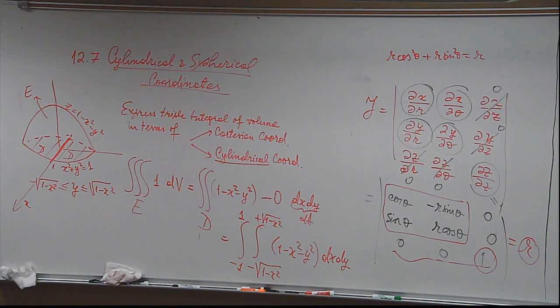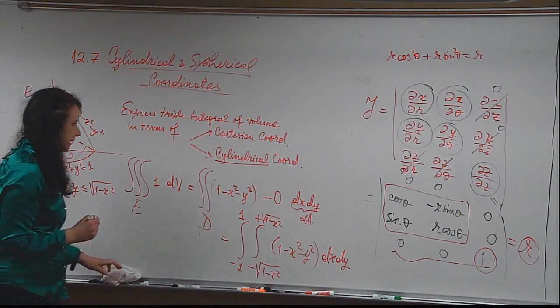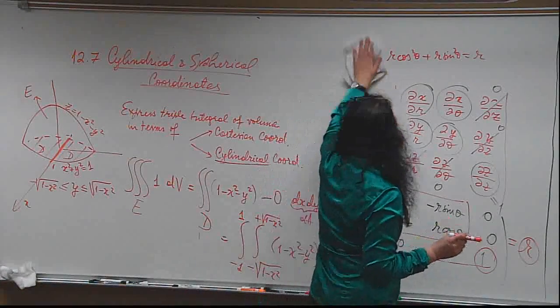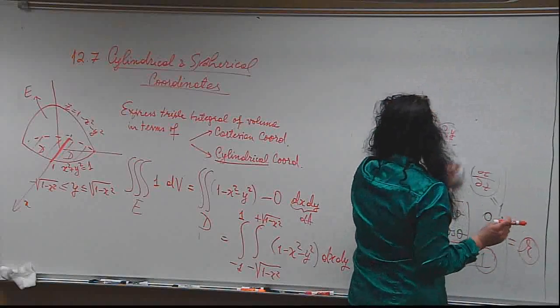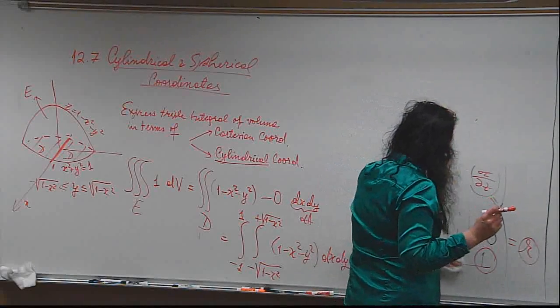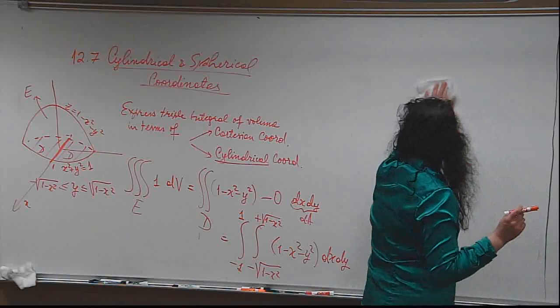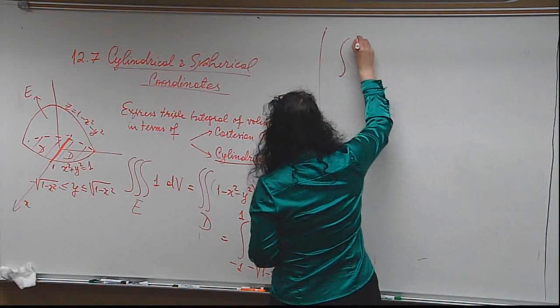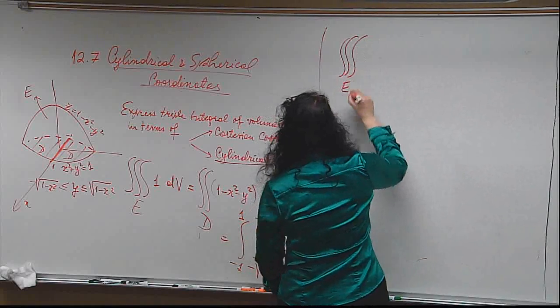So, it's not the best thing. It's not the most beautiful thing. Now you say, but I'm going to write it in polar coordinates, in cylindrical coordinates, and you'll see how beautiful it's going to be. And I agree. The same thing can be written as a triple integral over the egg, over the half of the egg,